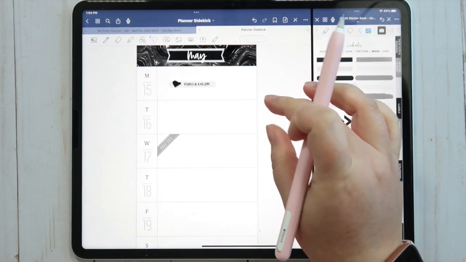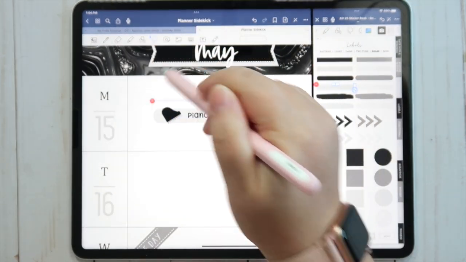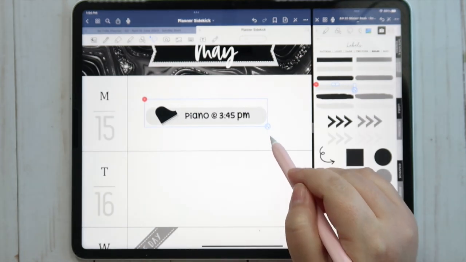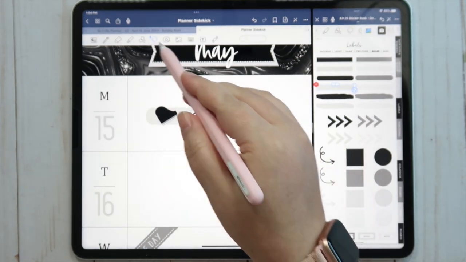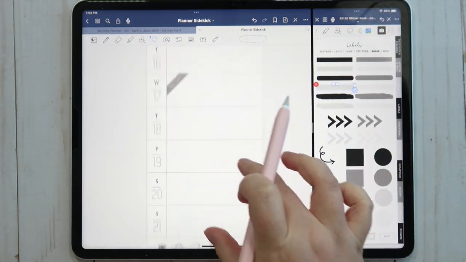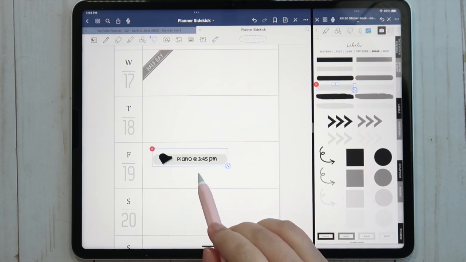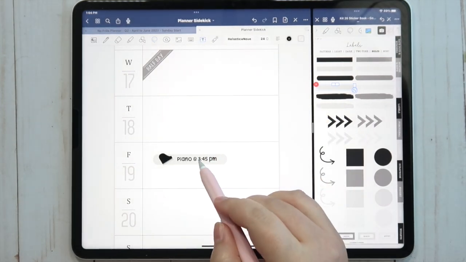All right, so we have piano in, and I can even resize, make that a little bit bigger, and then also copy it because we also have piano on Friday. And that one is at 4:45.